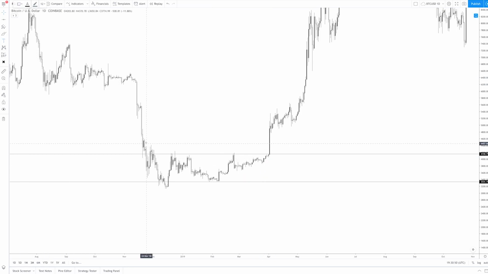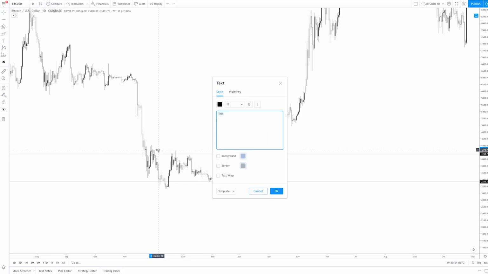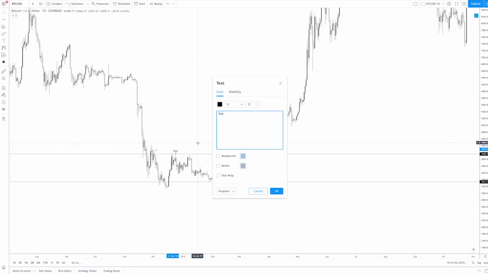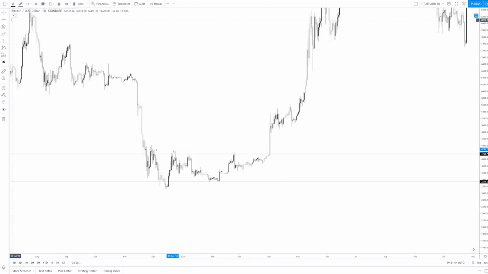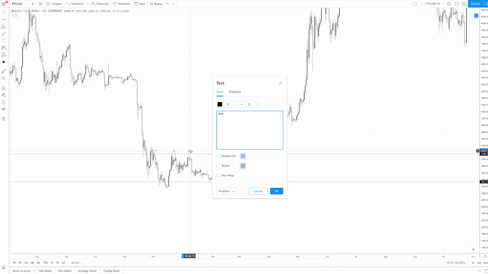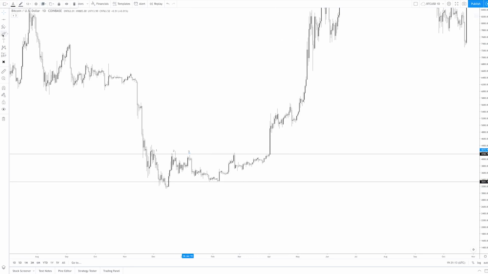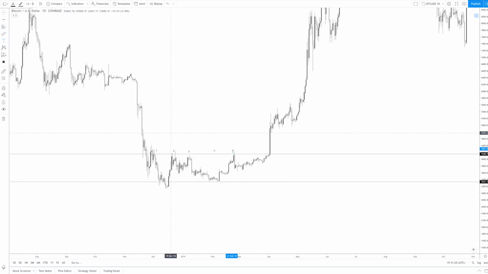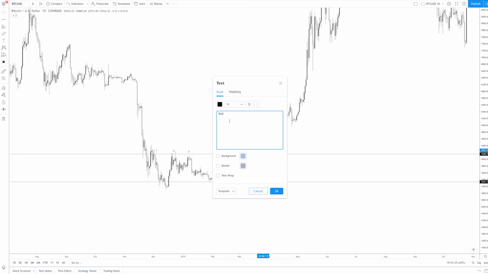So if we mark out our chart and say, let's just put the numbers in here, 1, 2, and I like to do this, and I'll tell you why, 3, 4, and let's look at what happens on the 5th touch of a supply zone or resistance,